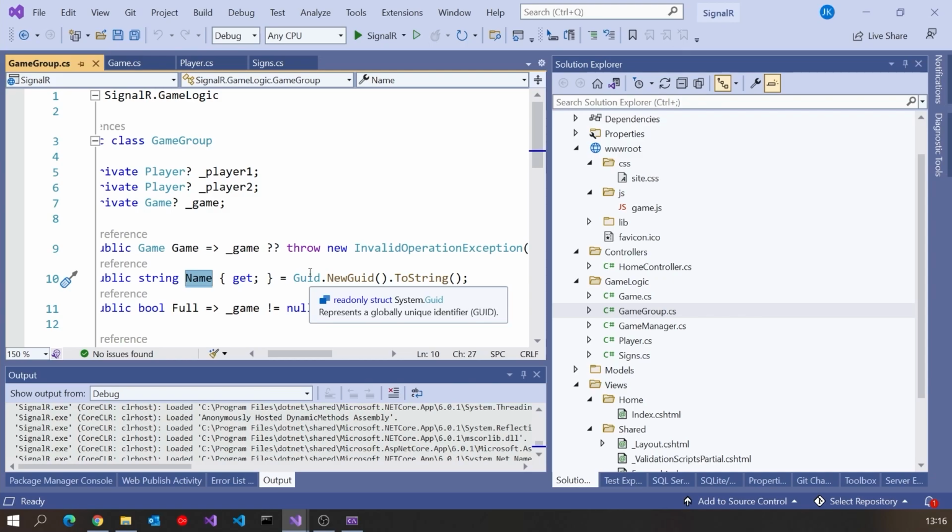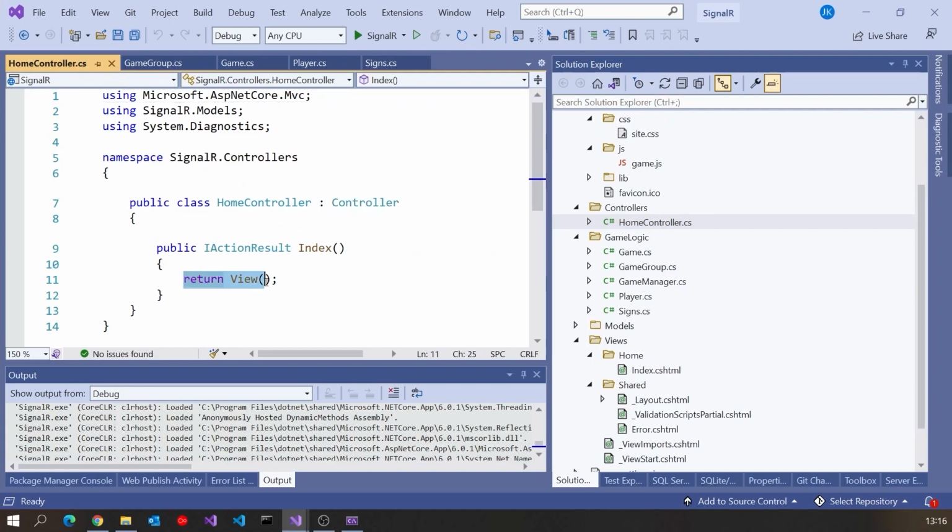But what we'll see when we come to the SignalR technology itself is that we can divide our connections, so the individuals, Betty and Barney, the individuals who've connected, we can divide them into groups. So if this were a chat application, you could have groups representing different chat rooms, but here the group represents the pair of players playing a particular game. So that's our starting point.